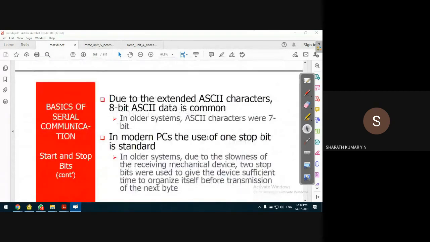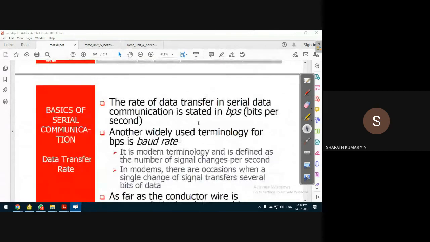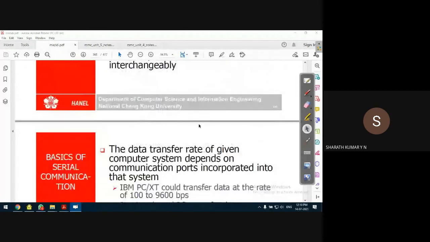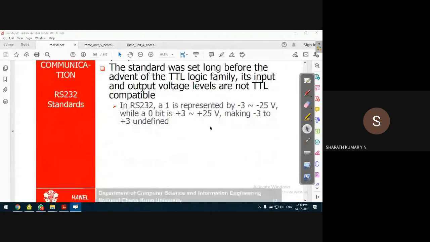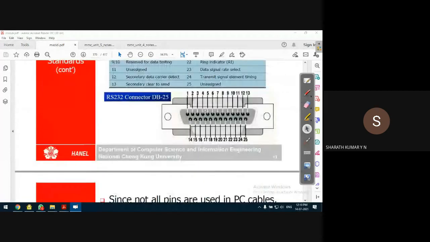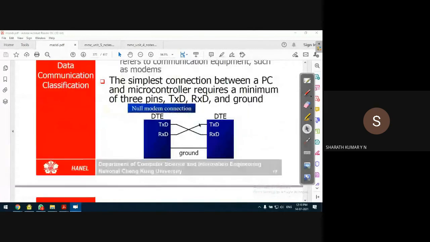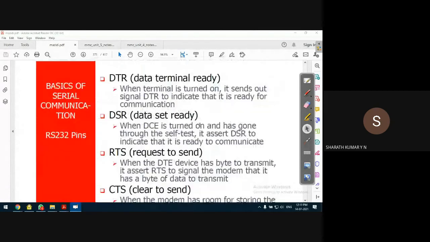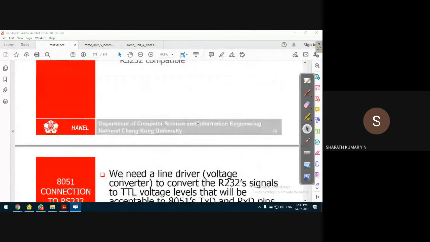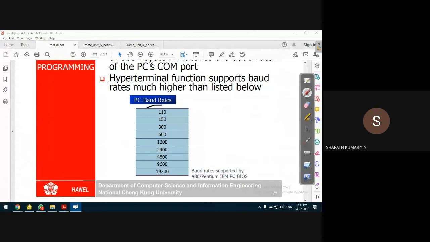This I'll continue from the next class, because it's almost done. In one class we'll discuss this serial communication. We'll discuss the baud rate in the next class. We'll not discuss the DB 25 pins. Earlier we had a discussion, but I'll give an example for the DB9 connector, and next we'll discuss the baud rate. After the baud rate, we'll go for the interrupt due to serial communication.